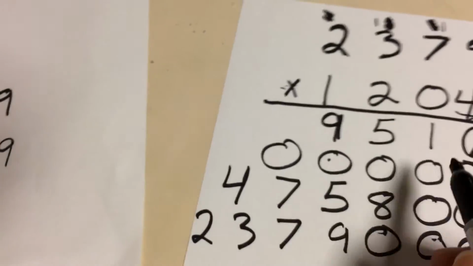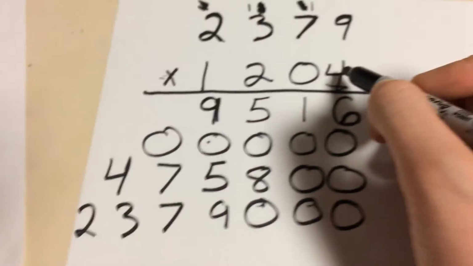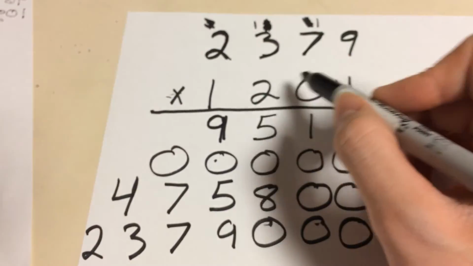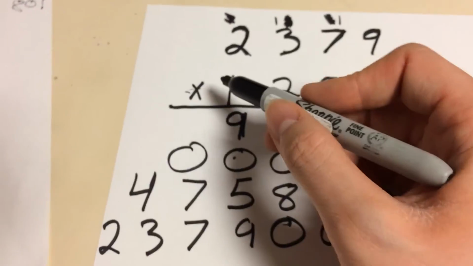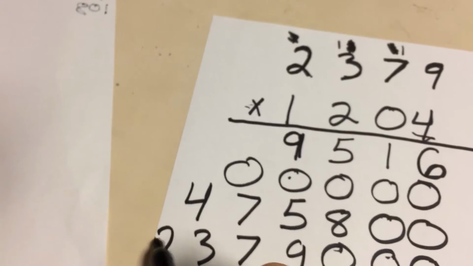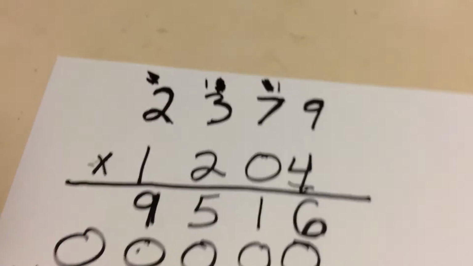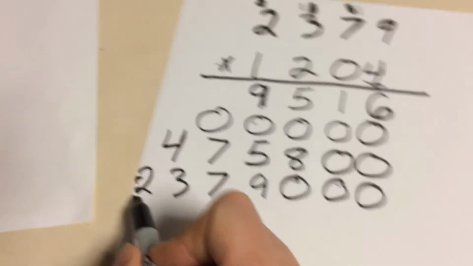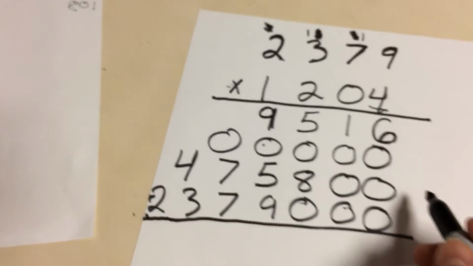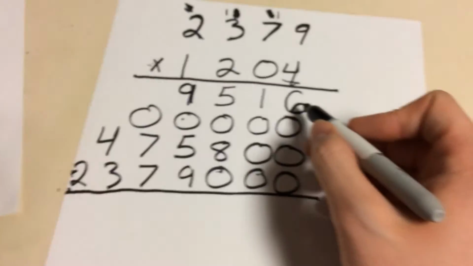Now we have all our numbers here. We have our 4 sets, we have our 200 sets, and we have our 1,000 sets. So we have all these numbers here, and it's going to be kind of small because we're running out of paper, but there's going to be an addition sign right there, and we are going to add all these numbers up. So this is where it gets pretty easy, because we have 6